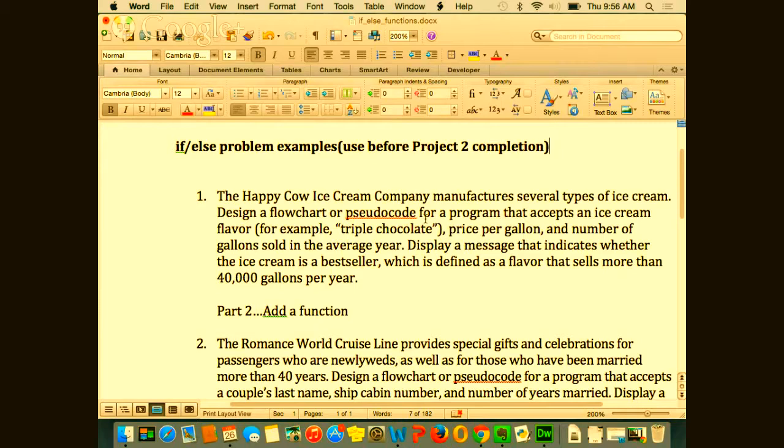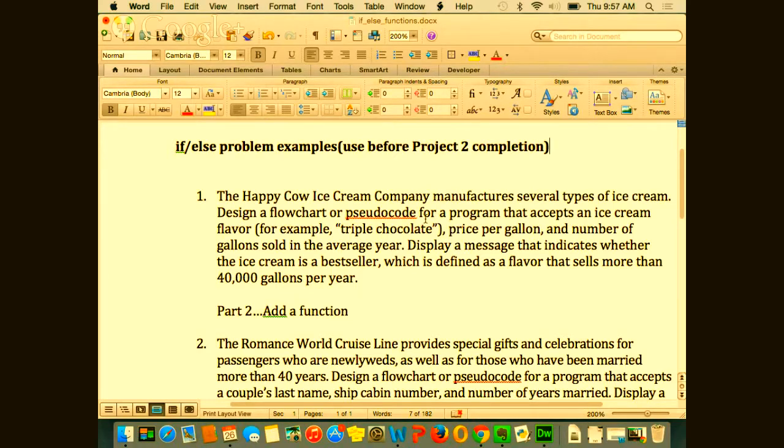That's what word problems do a lot. They put a lot of things in there that you don't need to try and confuse you. Not really, it's just they put all the details, and then when you actually get down to finding the answer, unless it said that you needed to print out all of this, then you would need to get it in. But it doesn't say that, it just says display a message that indicates whether the ice cream is a bestseller, right? That's all it asks for, that's the only output.